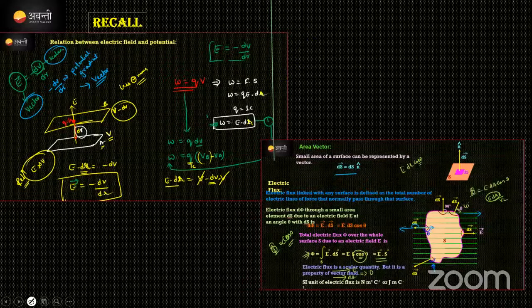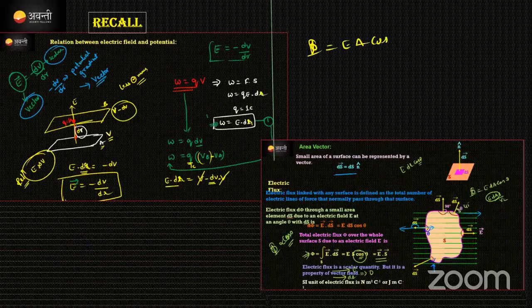Okay. Electric flux value we got. Phi value will be EA cos theta. I already said which quantities phi depends on, no problem. Keep that point. And then the relation between electric field and potential we got. Correct? For electric potential and field lines, I said E is equal to minus dV by dr.